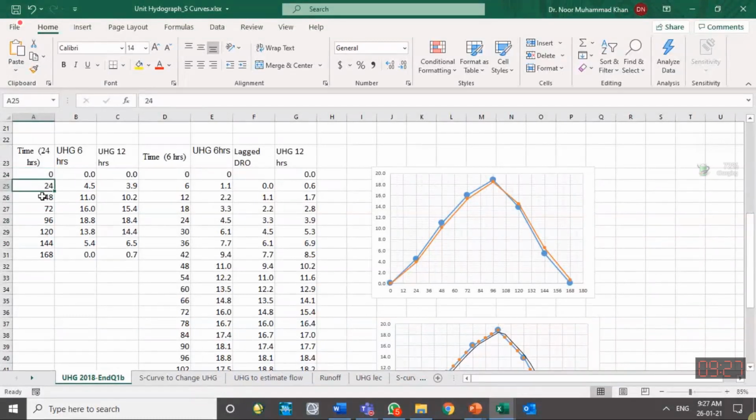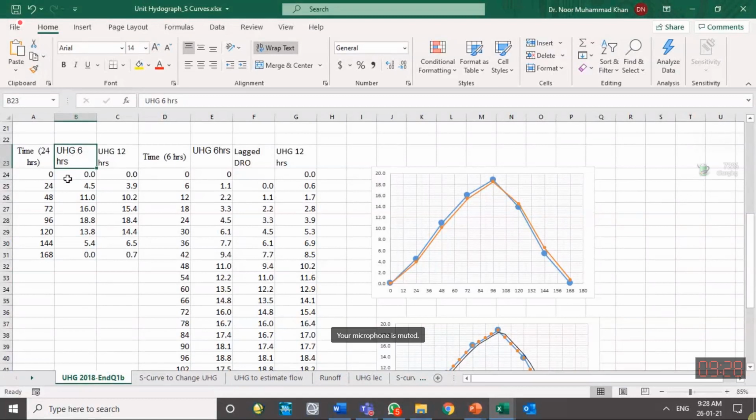They can observe flow after 1 hour, after 1 minute. That is another thing. They can observe flows at another time step, or after 6 hours, no problem. But storm duration is something else. Observation duration is something else. Total base period of the hydrograph is something else. So when we say a 6-hour unit hydrograph, it means it is generated by a storm of 6 hours.